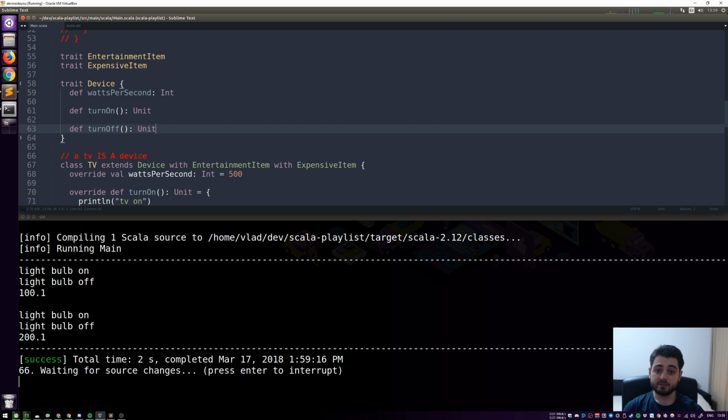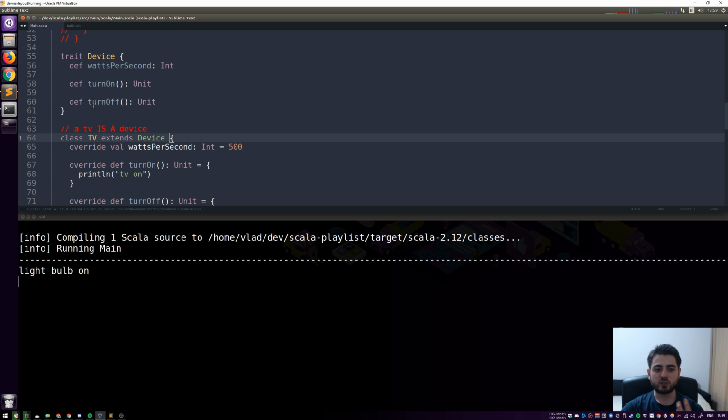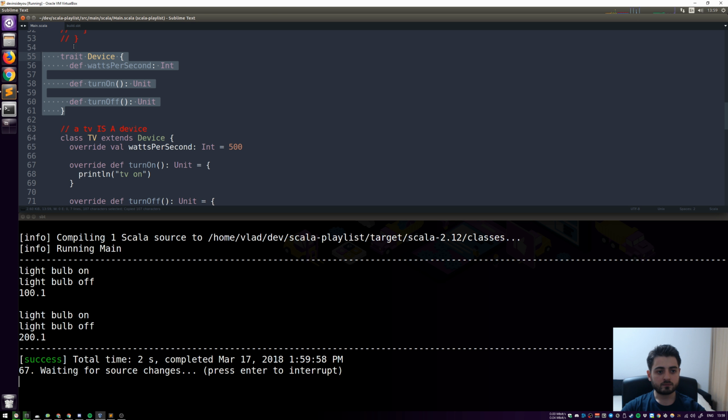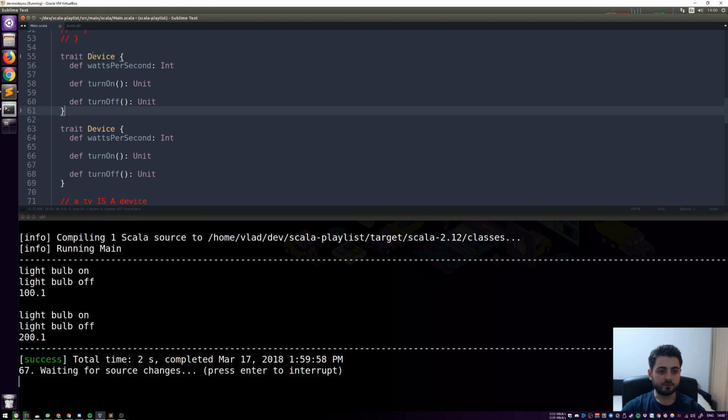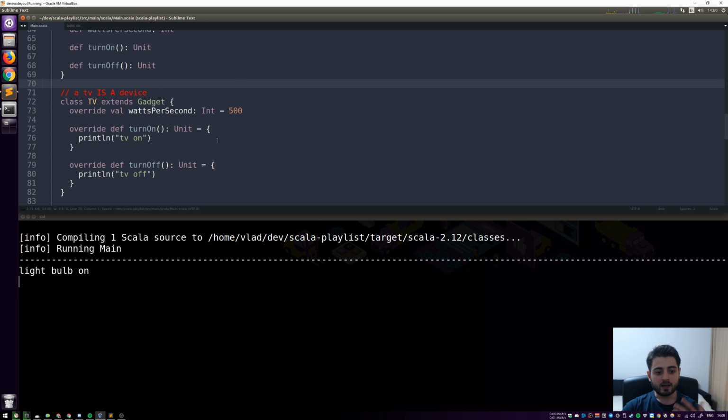The very last thing that I'm going to say is that the JVM, as most environments, and Java and Scala, as most languages, implement the so-called nominal type system. It's a type system that distinguishes types based on the name and not on the structure. Let me revert those things. We don't need them, we're just going to extend the Device. If I copy the structure of the Device and put here something with exactly the same structure but a different name, a Gadget, and now say the TV is not a Device but a Gadget,